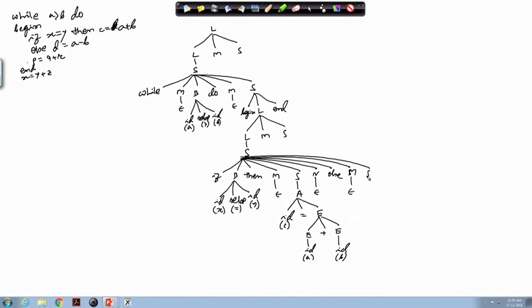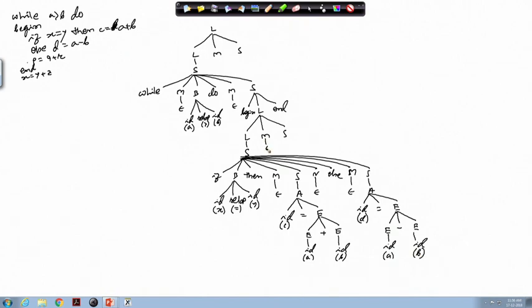Now, this S should give me the else part. So, that is D equal to A minus B. So, this S should give me A which is ID equal to E. So, this ID is D and this should give me E minus E. This E is ID, this E is also ID. So, this is A and this is B. So, this is the D equal to A minus B portion.